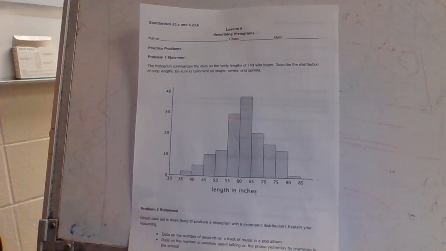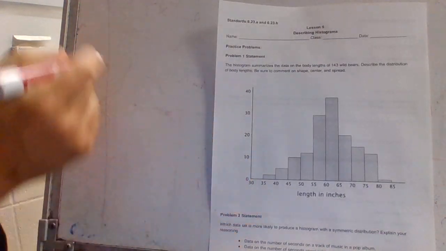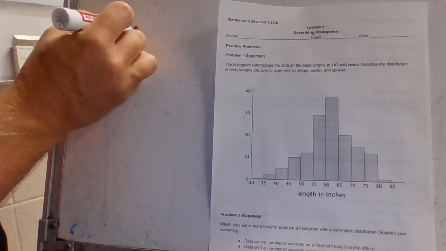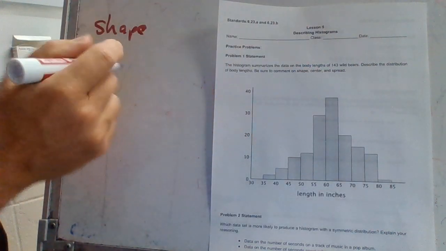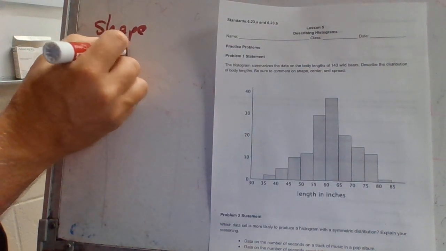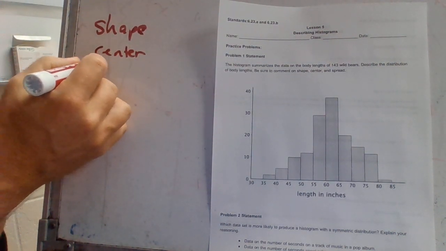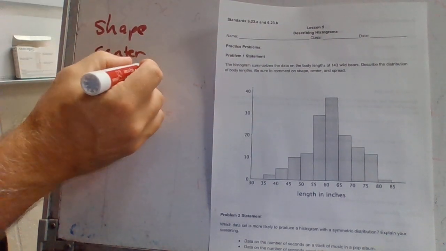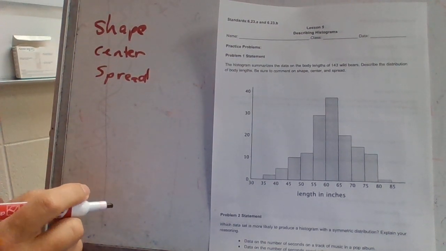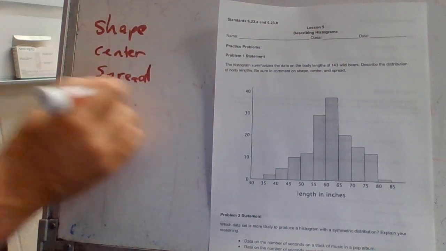It gives you an idea, like I said, shape of the overall histogram, center, like we've talked about center in lesson 3 and 4, and spread. Also, it does not necessarily say exactly to do this, but we're going to go ahead and start beginning to be able to discuss this. We want the